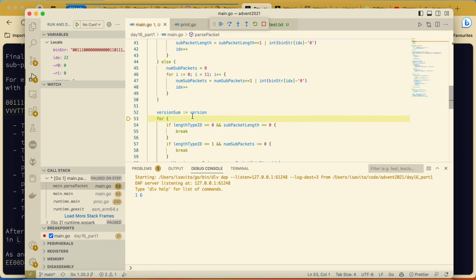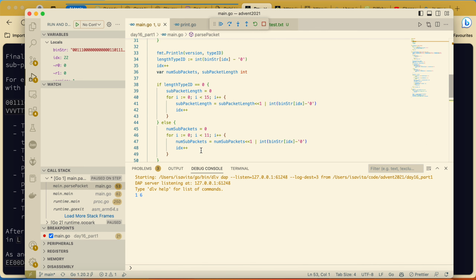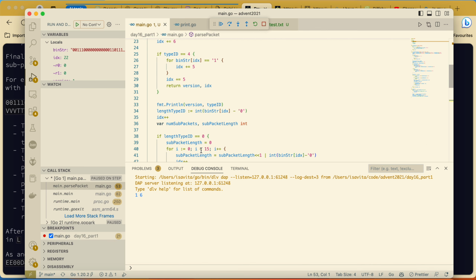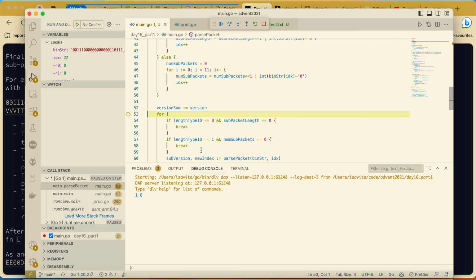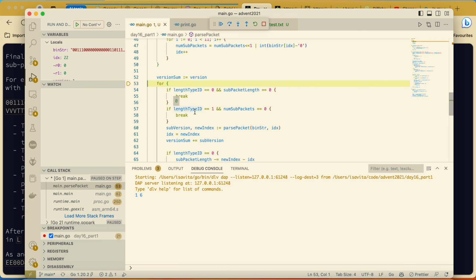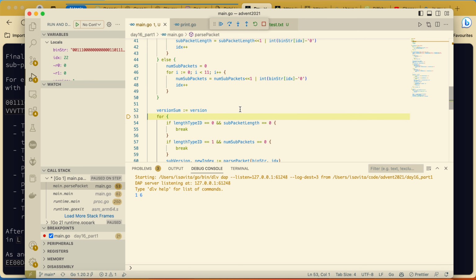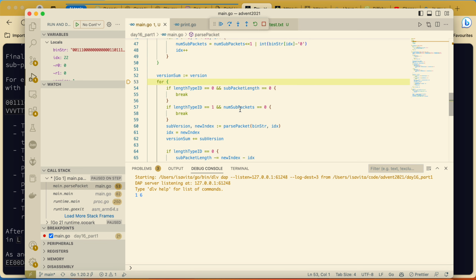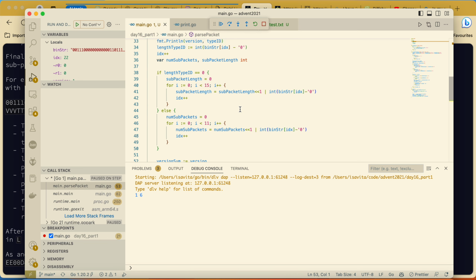It's 0. We're checking if we're 0 length type ID and the subpack length is 0, then we break, because of this length check. After that we check if the length type ID is 1 and number of subpacks is 0.